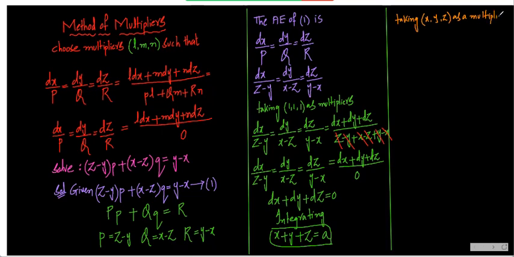What happened? I'll tell you a shortcut. I'll tell you the advantage. If you take x, y, z as the multipliers, I'm solving: dx by z minus y is equal to dy by x minus z is equal to dz by y minus x, and that fourth term I am writing here, L dx. L value is x now, right? This is L, M, N. Now solve it and tell me the answer. x dx plus y dy plus z dz upon